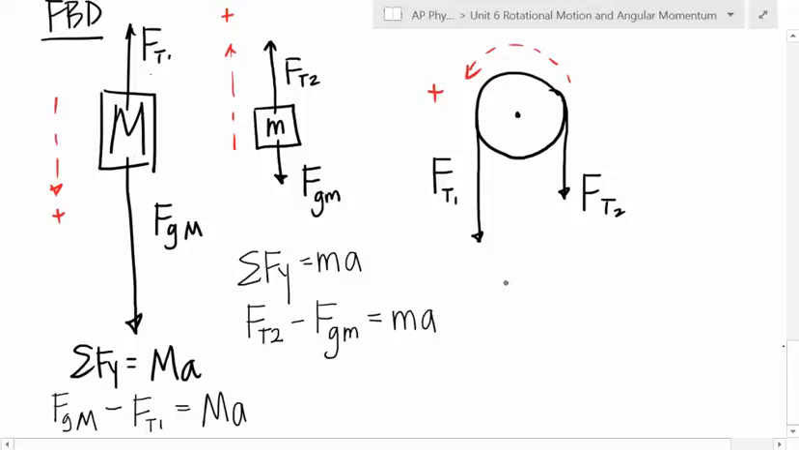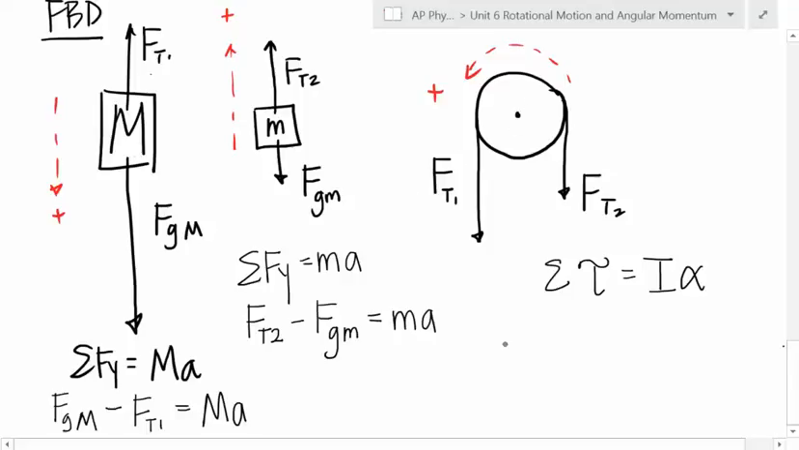Then we have to now sum the torque on the disc, on the pulley. So when we sum the torque on the pulley, the mass of the pulley will have an angular acceleration. It'll go from not moving to moving. So then we have to look at what forces are causing what. Well, if we know that it moves or should rotate counterclockwise, and we let counterclockwise be the positive direction,